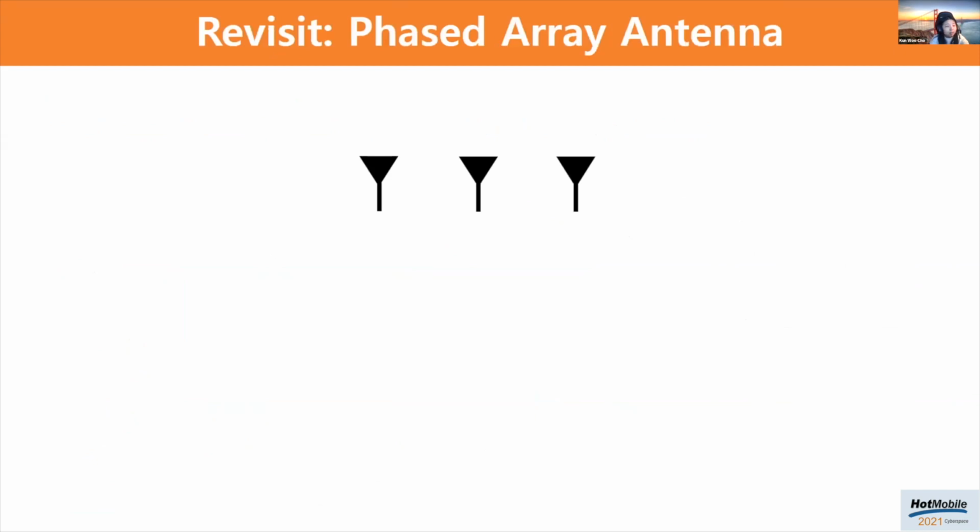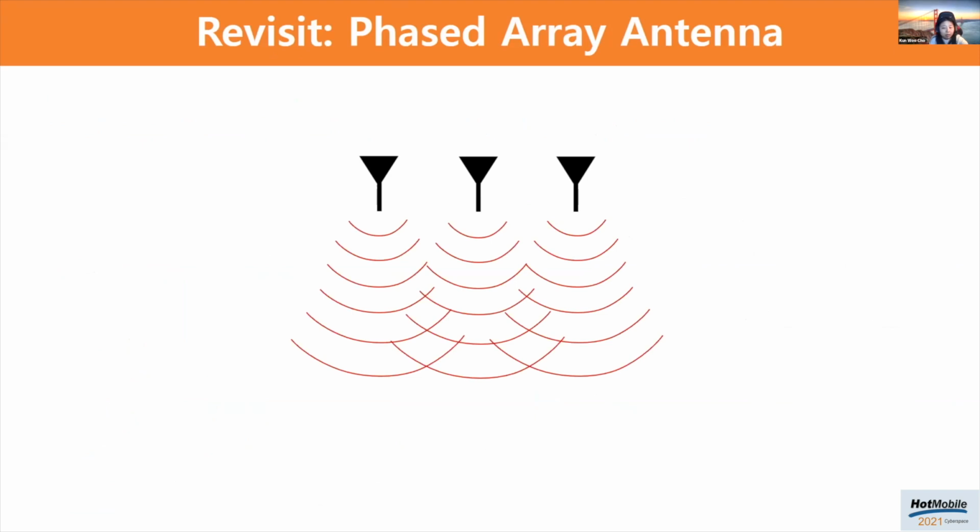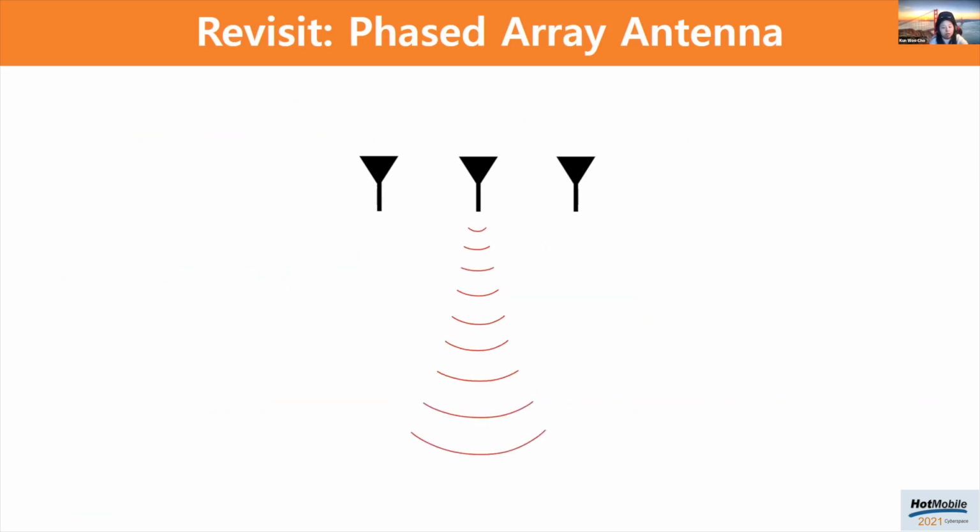So let's say this is the phased array antenna, and as the sinusoid wave that the antenna sends out travels, they constructively or destructively interfere with each other. So if we design our array correctly, they will all add together in a narrow beam in one specific direction. And here we send out a wave at exactly the same time, resulting in a narrow beam perpendicular to the